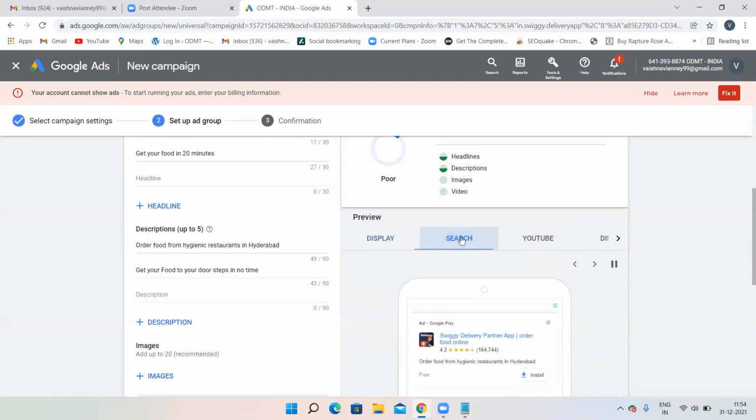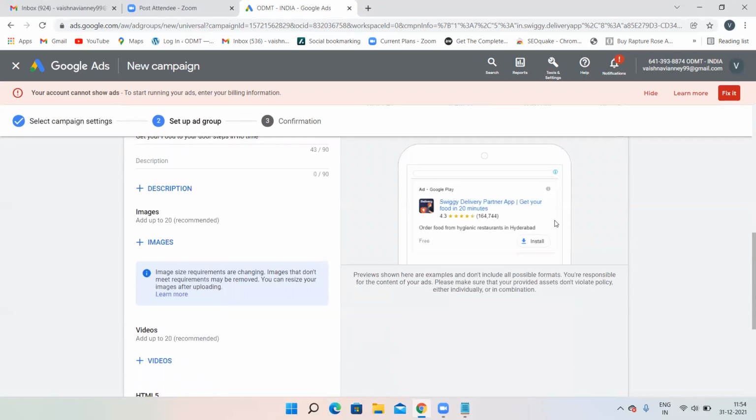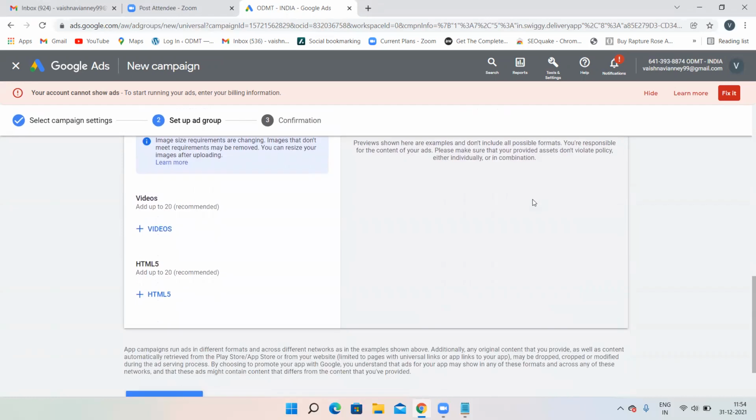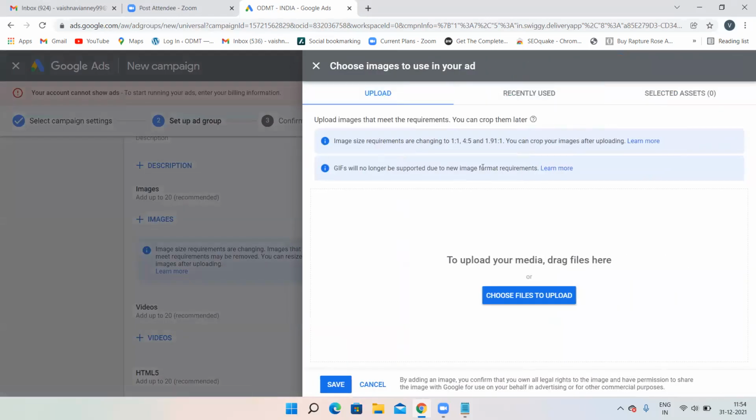And if you go for SERP, then order food online and order food from hygienic restaurants in Hyderabad. This is how your particular advertisement is going to appear. That is mobile network advertisements. If you want to add some images, then you can add some images also. They have given the size requirements also. Upon that size, if you have any images in your desktop, just choose files to upload and you upload that